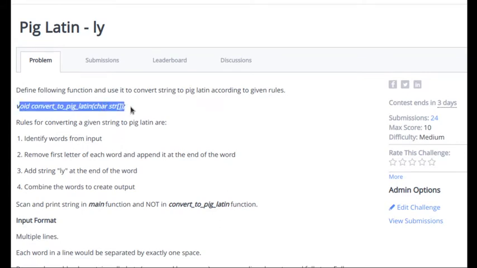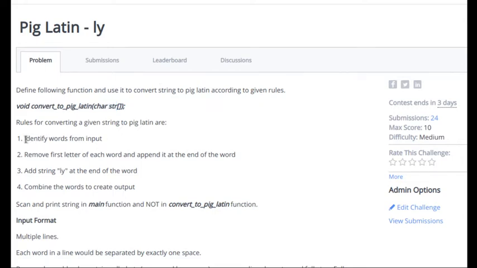This problem statement asks us to create a function named convert to Pig-Latin, and we should only pass to it a character pointer, and it returns void. So then if we are passing the string, how would it convert it to the output string? Basically, str would be a character pointer pointing to the first character in the string. We just change the original string to the string that we want in output. We'll quickly see how to do that.